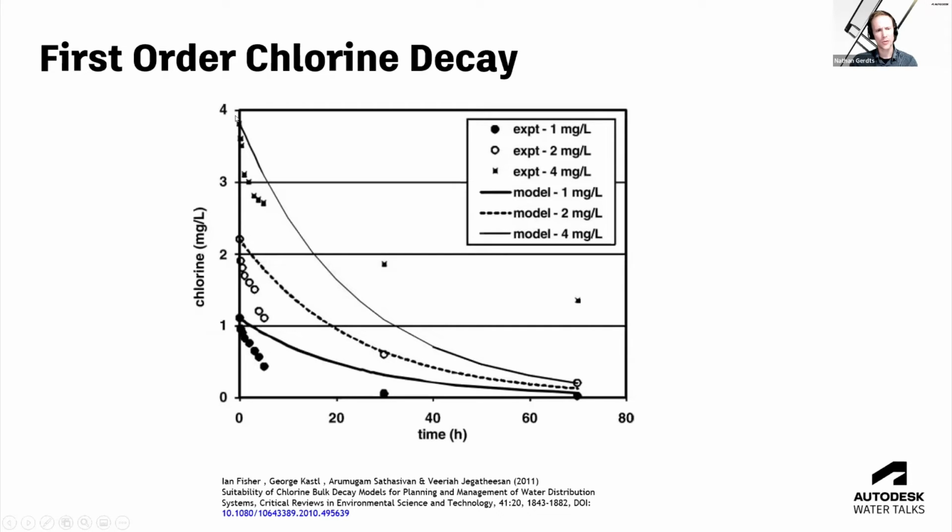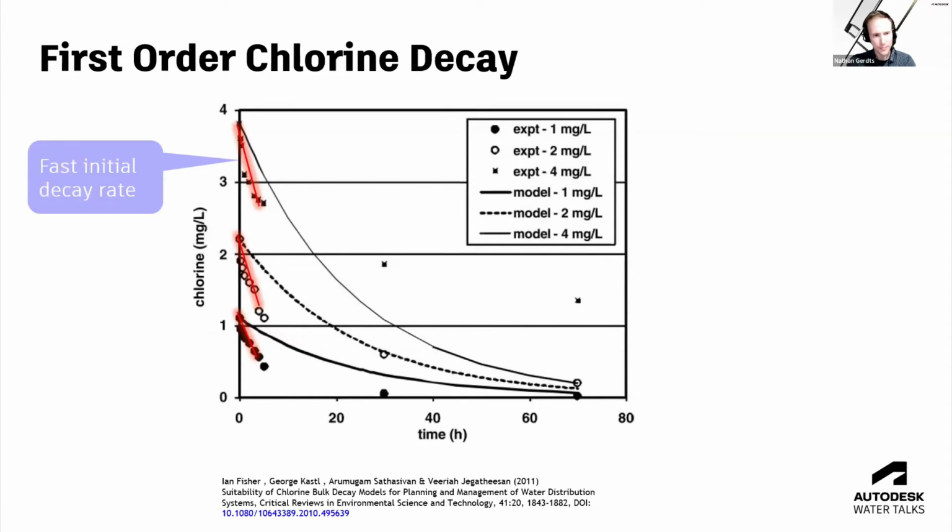But also, if you have the initial concentration, this line is always proportional to that line. You only have one coefficient to calibrate for everything in the system. So while the first one by the end is way over predicting the chlorine decay, this lower one is way under predicting the decay. And so you don't have that